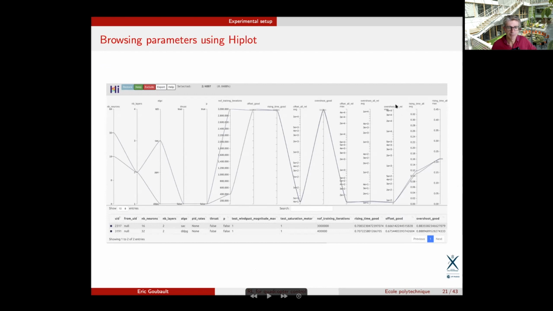So basically, for some filtering, we used numbers which are just actually the robust semantics of these STL formulas I was mentioning before, which measure the average overshoots and maximum overshoots and the rising times, the average rising times, etc. So we put some sort of filters on these measures to get the best measures possible, better than the PIDs anyway. And we tried to filter the architectures by number of neurons, number of layers, and different conditions. And browsing through this enormous database of controllers, we could find the very best controllers,